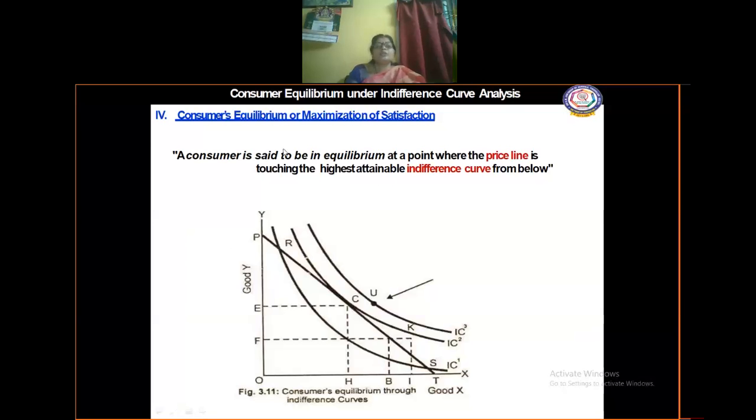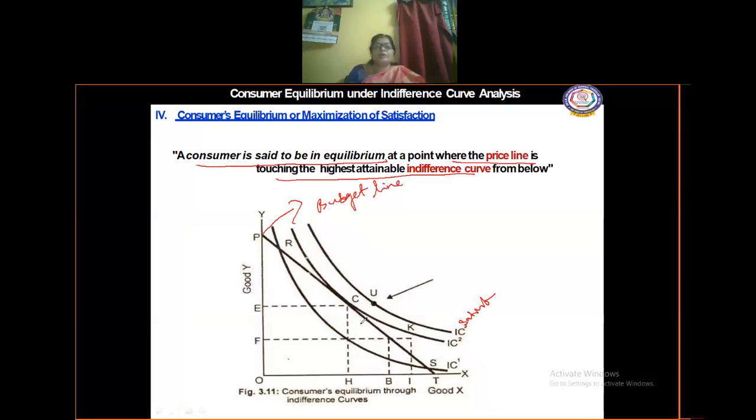Now this is the actual graph where you can see the consumer equilibrium point is attained through indifference curve tangency. Now you can see this is the budget line, and you know the definition that a consumer is said to be in equilibrium at a point where the price line is touching the highest attainable indifference curve from below, not from above. So this is the higher level of maximum satisfaction. Okay, so from the bottom level you are going to see which is the highest level that the consumer attains